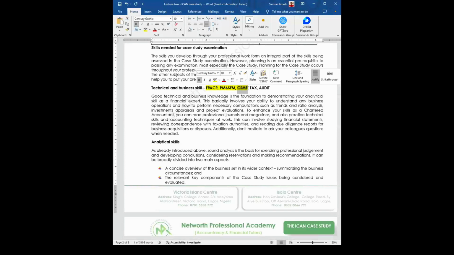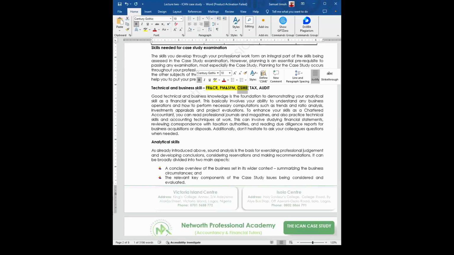This forms the technical skill needed for this exam. Just imagine you have to interpret the financial statement of the business in the case. Then you need the knowledge from FR and CR. Maybe there are some reporting issues. You need the knowledge of FR and CR. Maybe there are some standard issues, issues of how some standards have been applied. You need your knowledge of FR and CR. Now, maybe there's a case of you to appraise a particular investment in a same plant